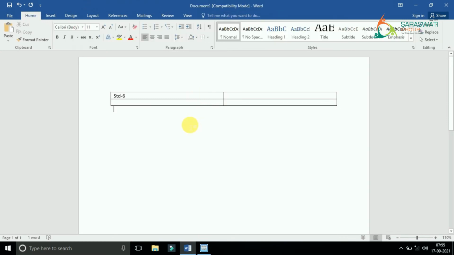So you can use the arrow key, you can use the tab key, and you can also use the cursor, that means with the help of the mouse. Right, Shift plus Tab key.